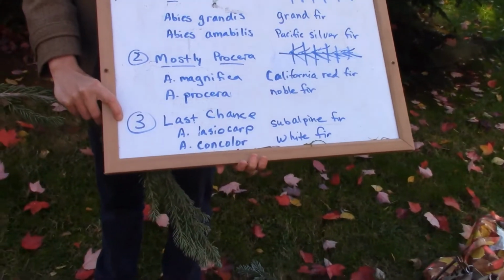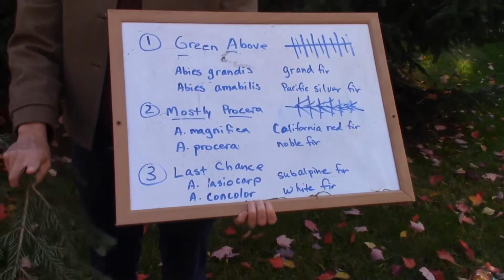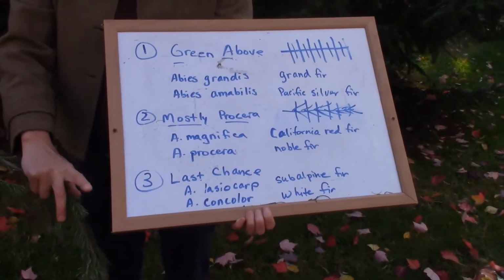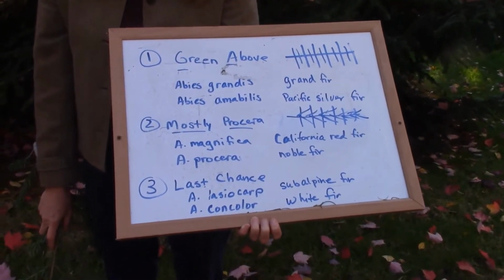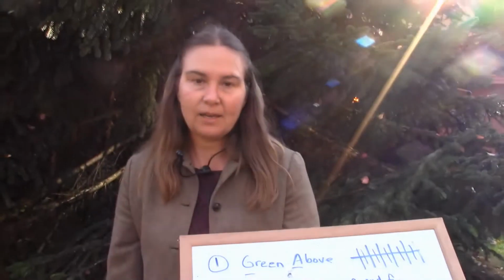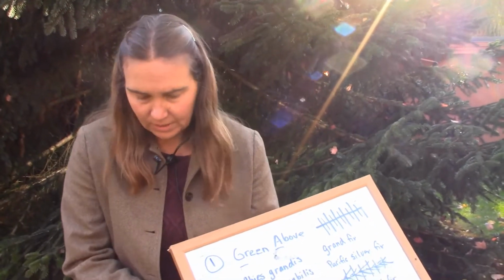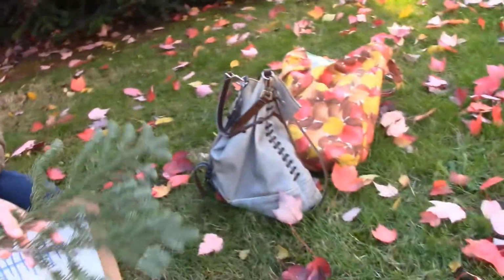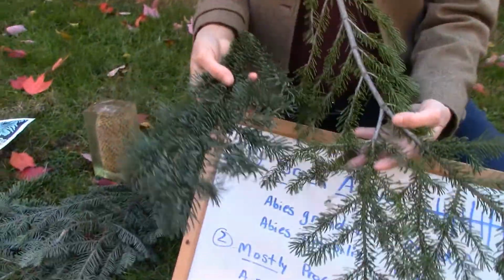There's two more species that have those characteristics. No J-shape, bloom on the upper surface. That's Abies lasiocarpa, which is subalpine fir, and then white fir, which is Abies concolor. Right, so I'm holding here. Let's start with that one. I think that might just be another noble fir. It's this one actually. All right, so these are subalpine fir,